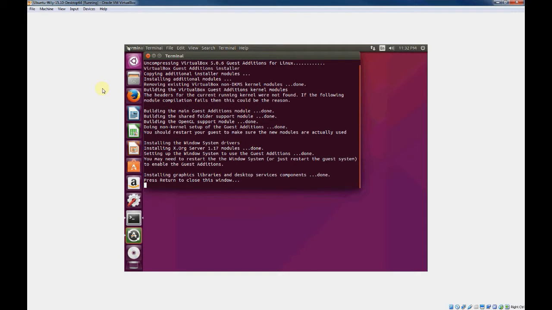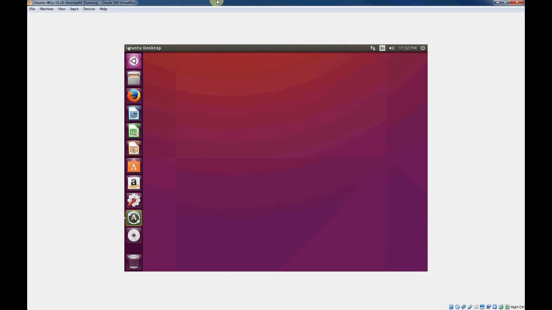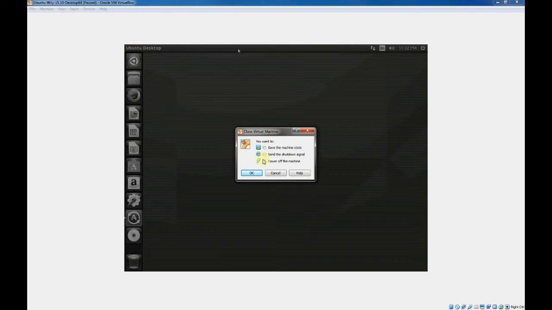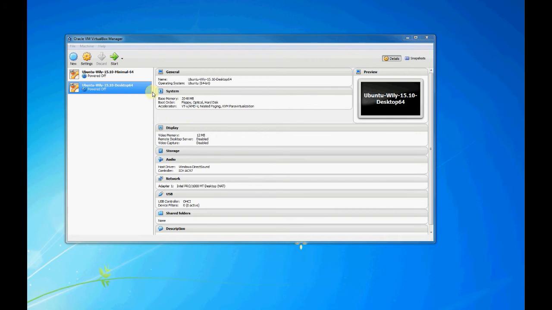So I just let it sit, and I stepped away for a minute, and now it came back after installing, and it says please return to close this window, and that it's installing the graphic libraries, and I will click return to continue and close the window. And what I'll need to do is, for the changes to take effect, I'll need to reboot the machine. So basically the way I do it, I just do close and power off, click OK, and it's shut down,